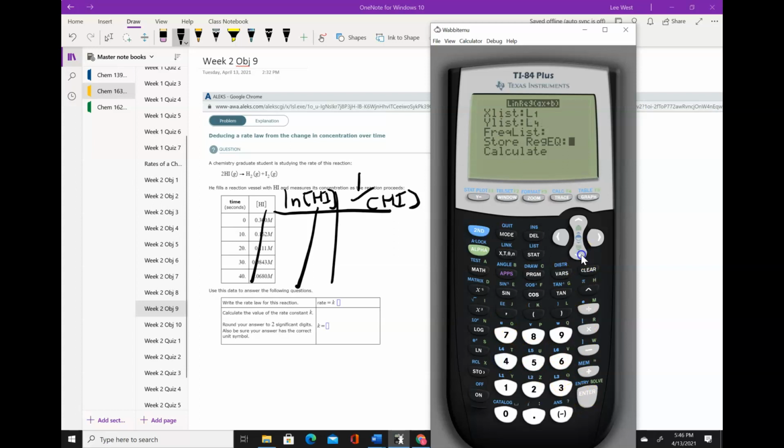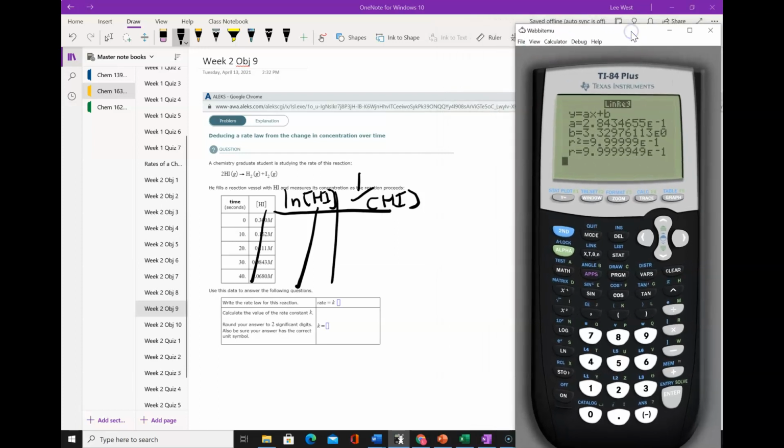Go down to calculate and hit enter. And then you can see it's not quite 1, but it's like 0.9999999, right? Okay. So now we want some of that data, right? We don't want to leave it right there because what we want is the slope. And in this case, the slope is A. So the slope for this is equal to